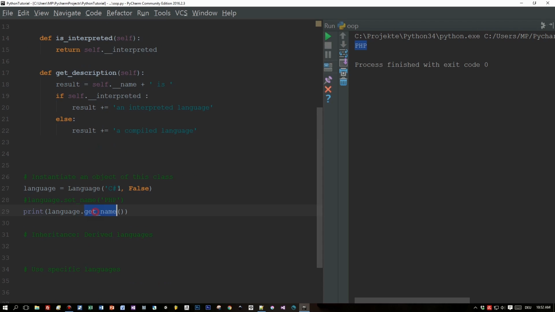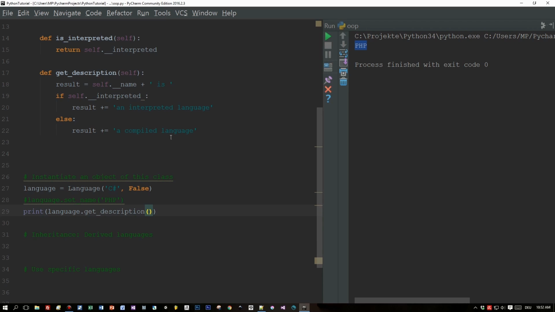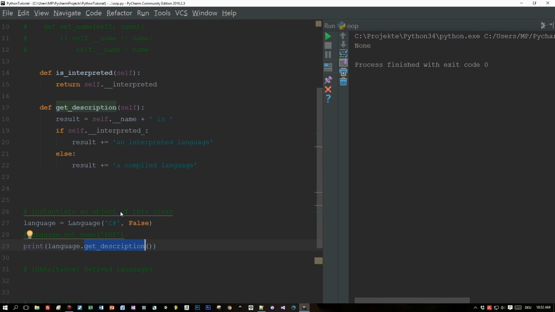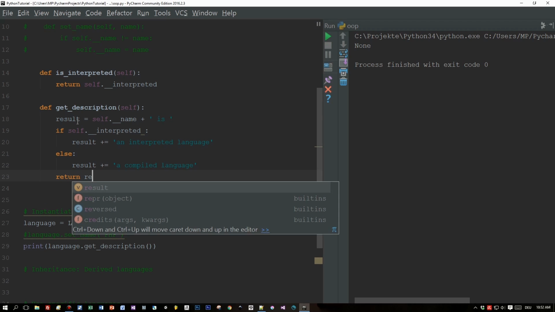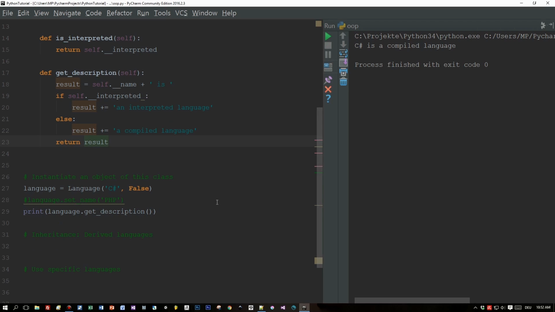Okay, and now I can use this getDescription method. Obviously something is missing, and what is missing? Of course, we have to return the result. This is a function that should return a result. And now this should work. C# is a compiled language. Okay, this is great, but